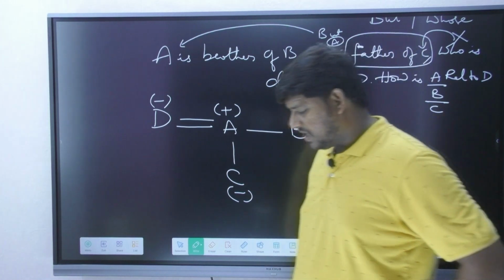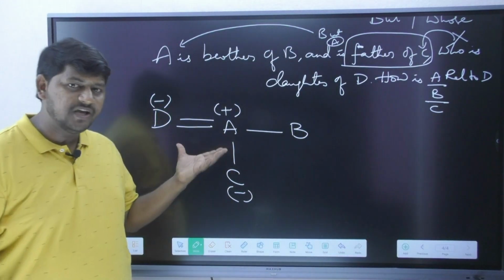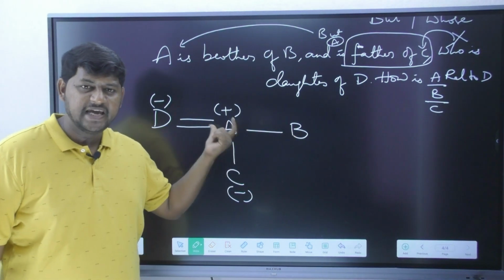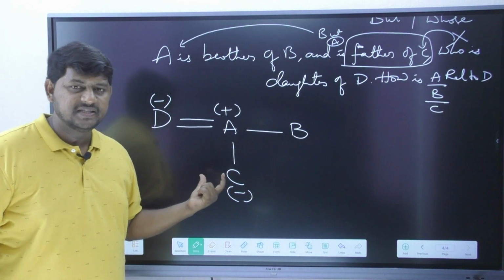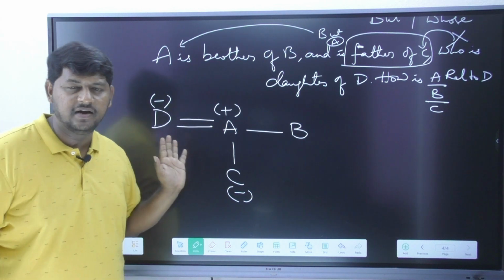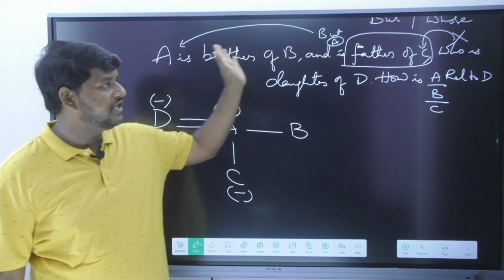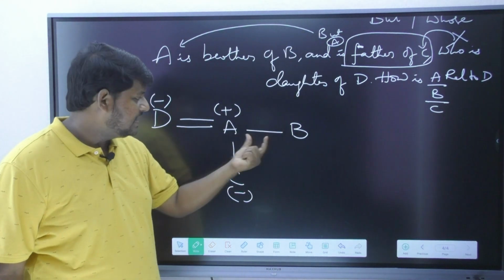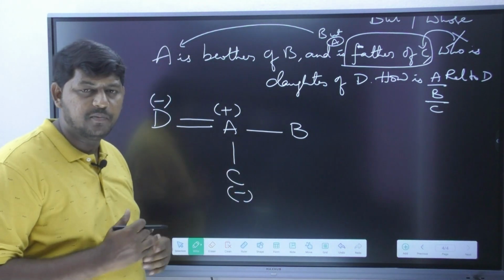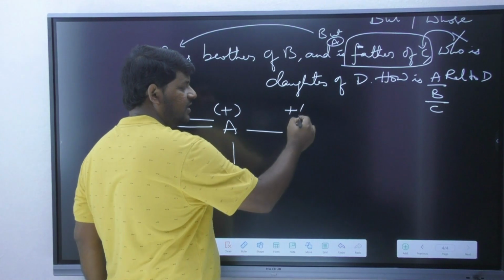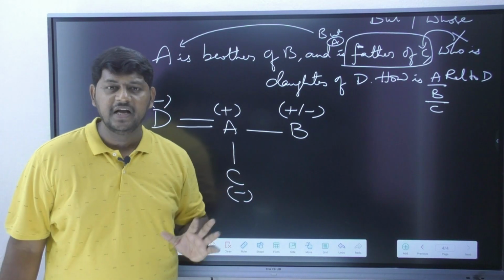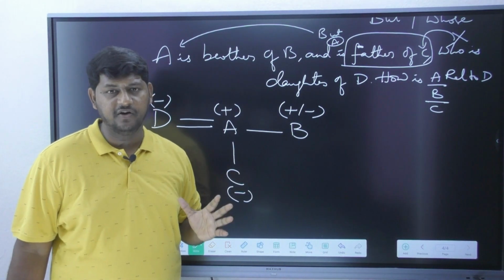Am I clear? Now, after finishing our entire question, this is the way you are supposed to form. A became the brother for whom? B. A became the father for whom? C. C also became a daughter of whom? D. Then immediately I understood A and D are wife and husband. Now after finishing our entire question also, is it possible for us to identify the gender of B? No. When you do not have any clarity about any person, do not leave it unattempted. Always use this symbol. That symbol is going to indicate we are not sure about the gender of B.